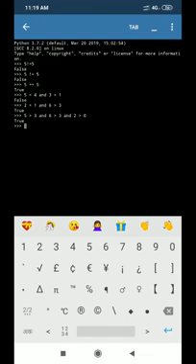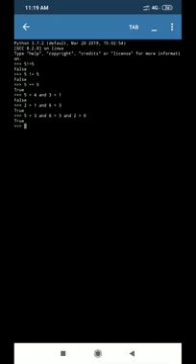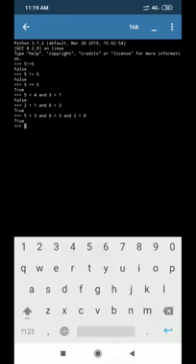No problem. Another operator is or. Or means if either one condition is true, the overall result is true. Okay, let's see some more.